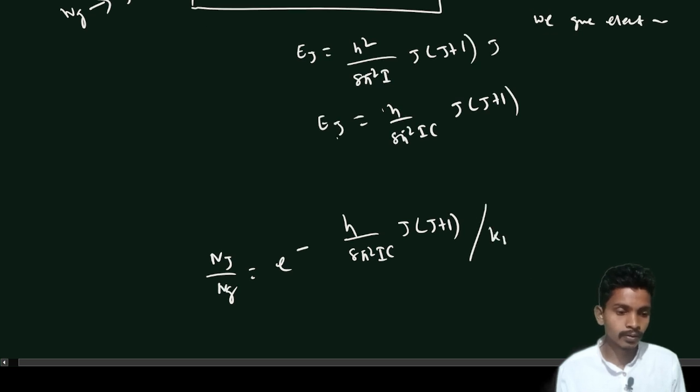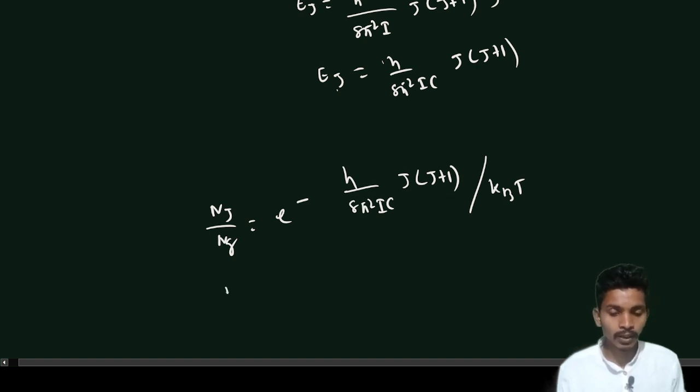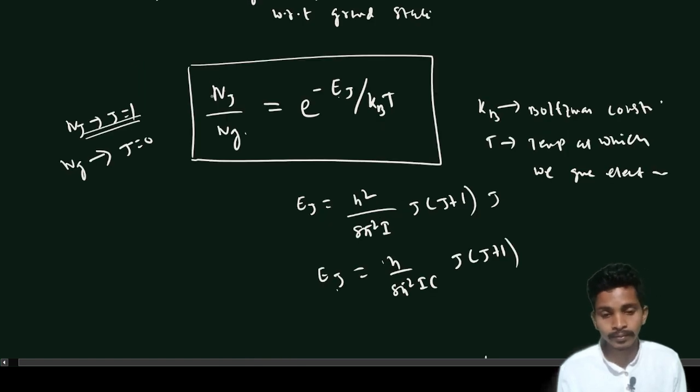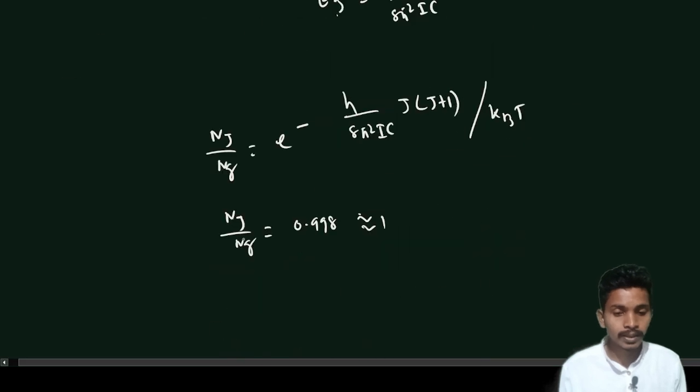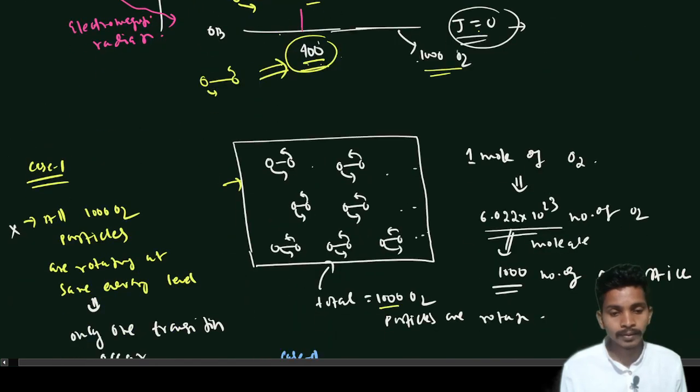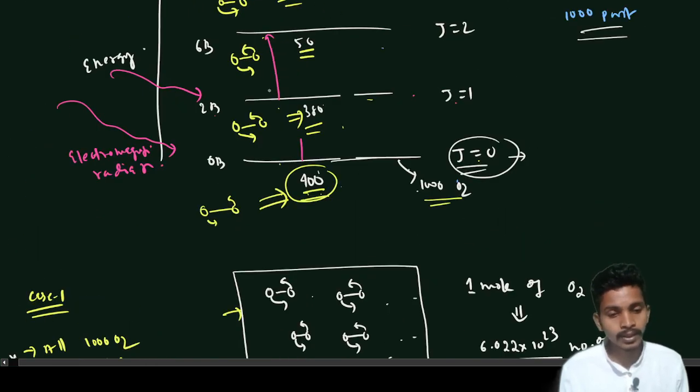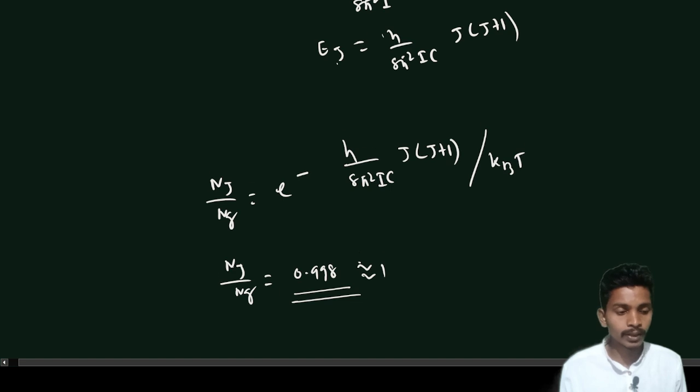upon k_B T. And if you put in all the values and calculate, then you will get nearly 0.998, that is nearly equal to 1. It means that the ratio of the excited state at 1 and the ground state is nearly equal to 1, means the populations available at the ground state and at the excited state are nearly equal. Okay, and whenever you go for the next equation,